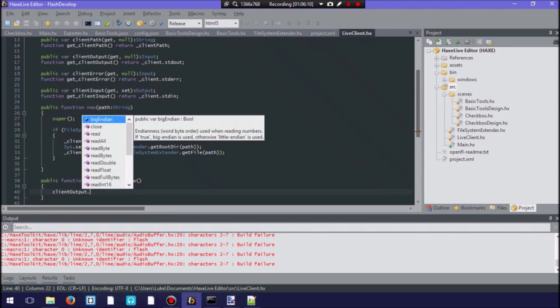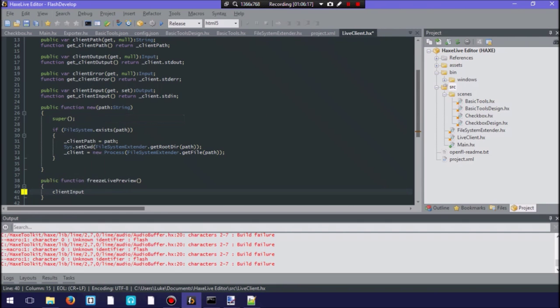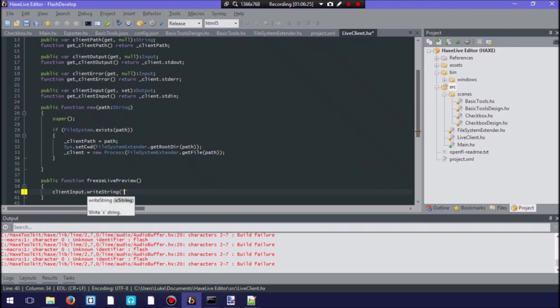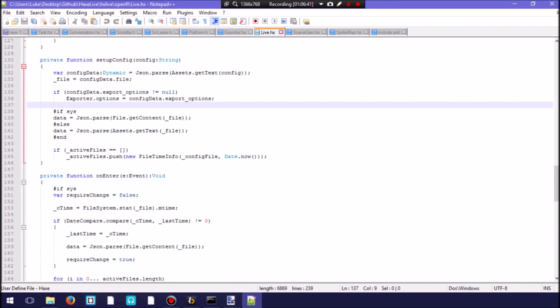Oh, that's read. Oh, right, yeah, of course. Duh. Right, so yeah, it would be client input. So we just write a message. So I'm just going to say freeze, right? And when we come to the live preview, if we go back into here,